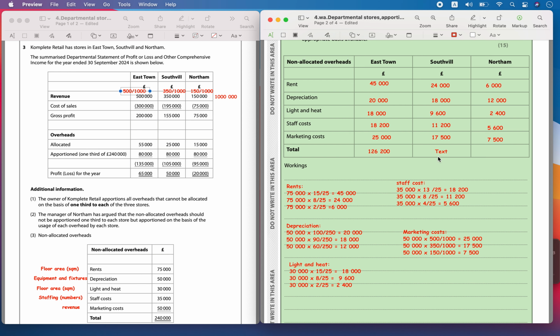The value is going to be equal to 80,300. And for the third, Northam, it's 6,000 plus 12,000 plus 2,400 plus 5,600 plus 7,500. It's going to be equal to 33,500. So this is how you